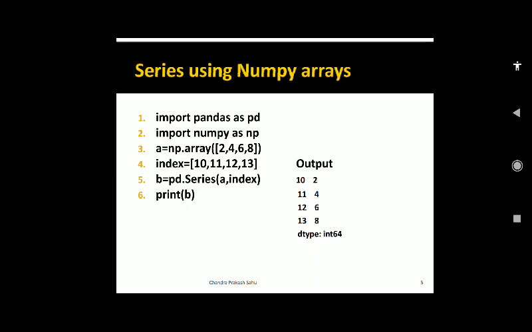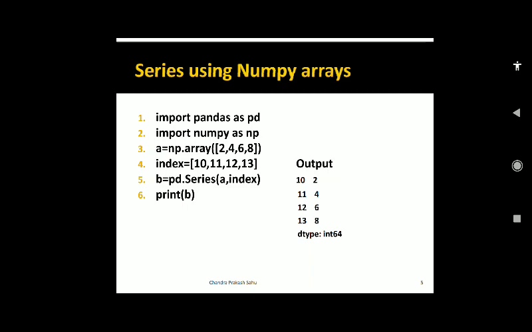At the third line the array constructor function of the numpy module has been called to create an array from the list passed to it. This function has been passed a list of values 2, 4, 6, 8. So a is now an array of the values 2, 4, 6, 8.